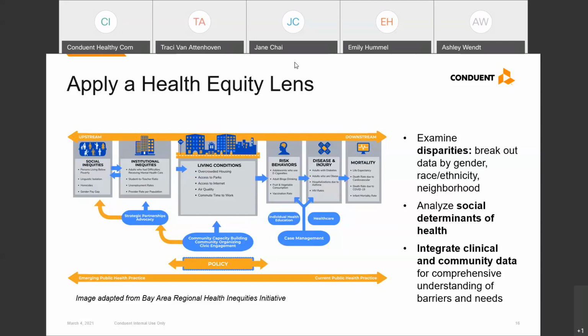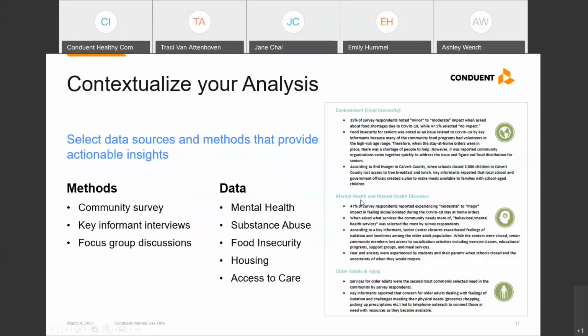So now I will talk a little bit about contextualizing the analysis. So what we mean by that is to consider what might be happening during the assessment period that should be taken into account. So we've given examples like the pandemic, or where there were prolonged interruptions in maybe access to health or social services due to demonstrations related to social justice, or perhaps a large-scale disaster.